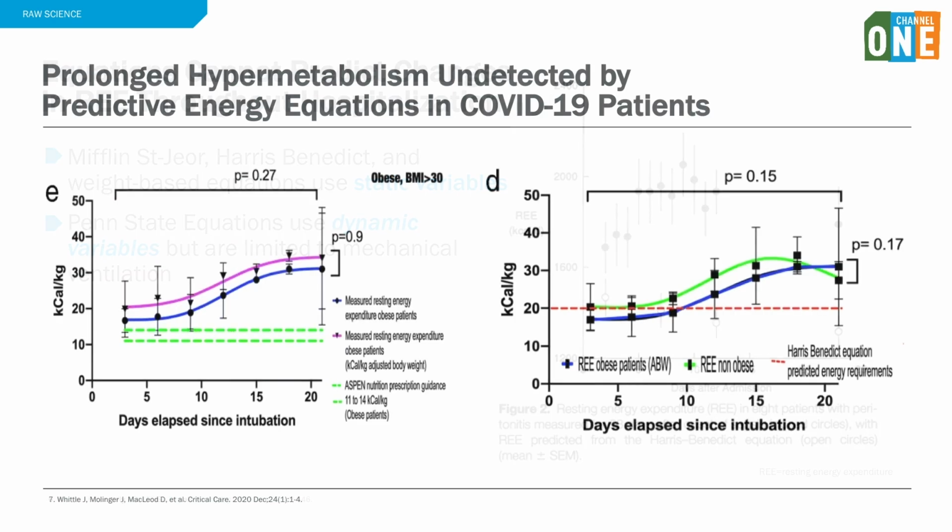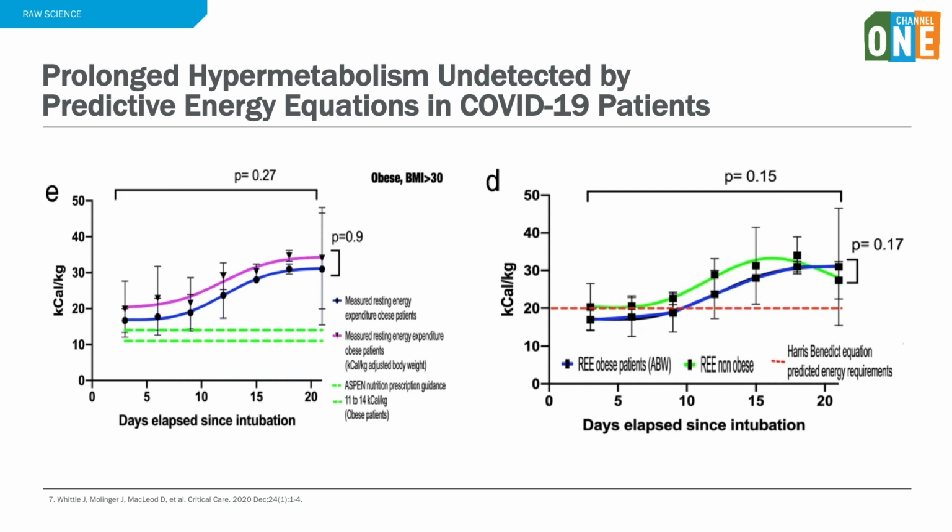REE is also unpredictable in many disease states. In novel viruses such as the COVID-19 virus, we can see progressive hypermetabolism in the graphs on the left and right-hand side, as calorie needs continue to rise post-intubation. The straight red and green lines in either graph depict a predictive energy equation that, unfortunately, doesn't change as critical illness progresses. If these were used throughout hospital length of stay, we might see significant underfeeding of these critically